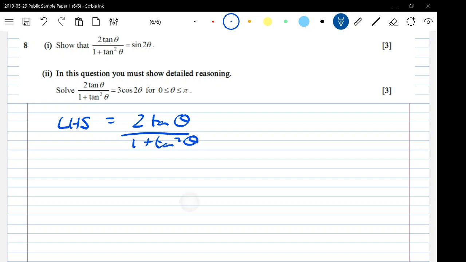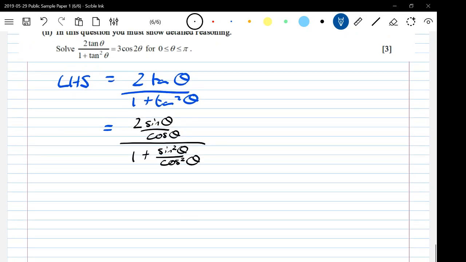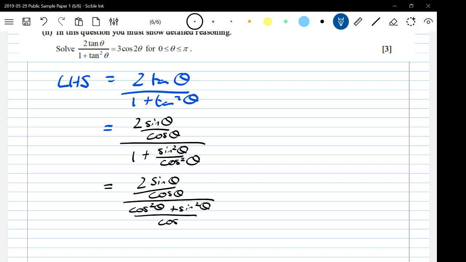Well, you might notice that 1 plus tan squared theta and think, I need to get this in terms of sine and cos, so I'm going to go straight in for that. So this is 2 sine theta over cos theta, that's the top line, over 1 plus sine squared theta over cos squared theta. Might have started with that, which is 2 sine theta over cos theta over, well, let's put it over a common denominator. That's cos squared theta plus sine squared theta over cos squared theta,